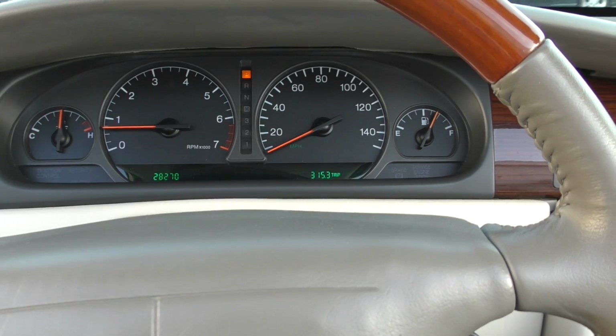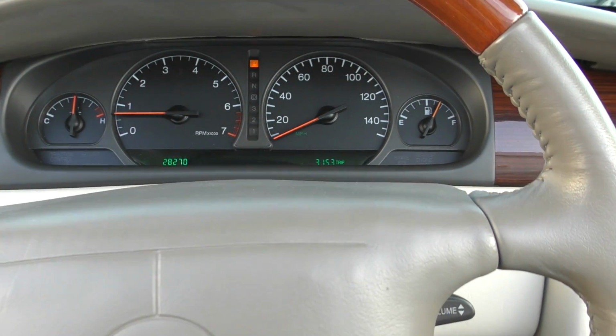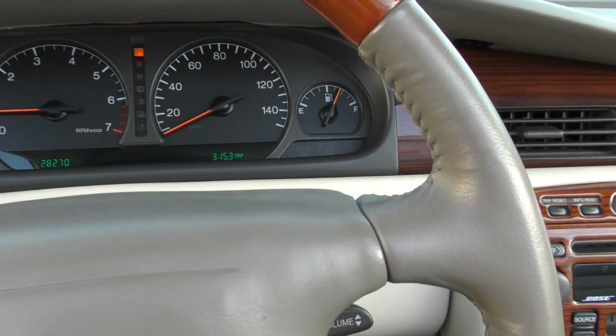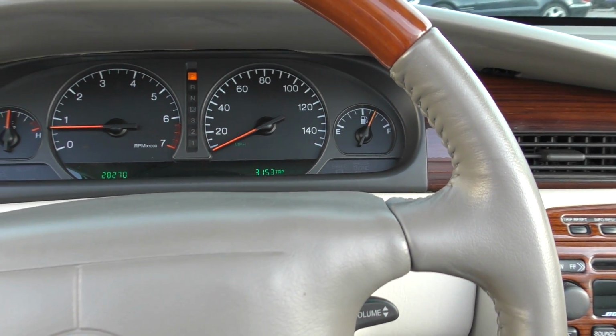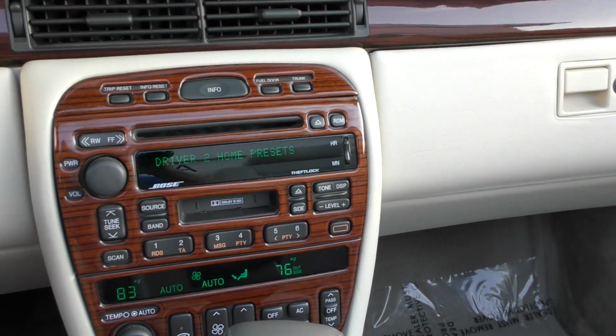Better. You have a very cheap looking instrument cluster, but I suppose it's fine. You've got your 150 mile an hour speedometer, your temp gauge, your warning lights down here on the left and right. Thank God they're not on. You've got your fuel gauge over there, and a very simple, easy to read instrument cluster. Over here you've got your